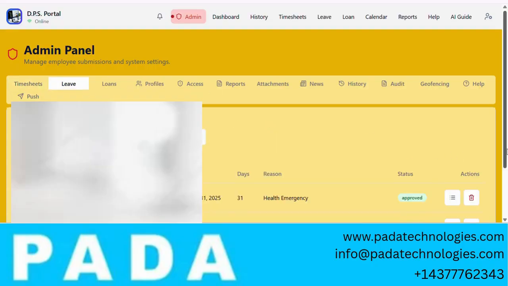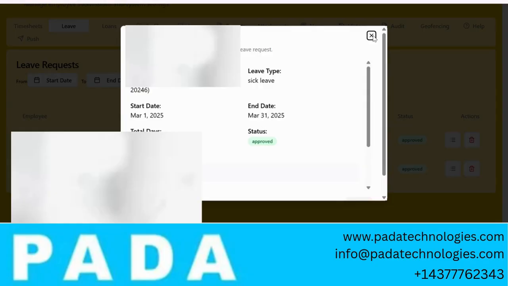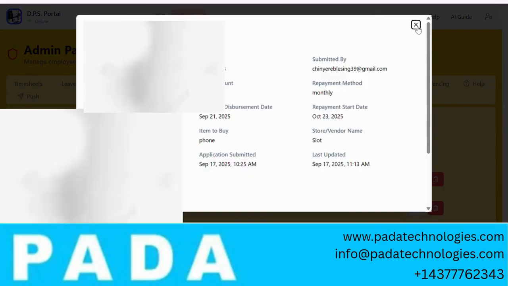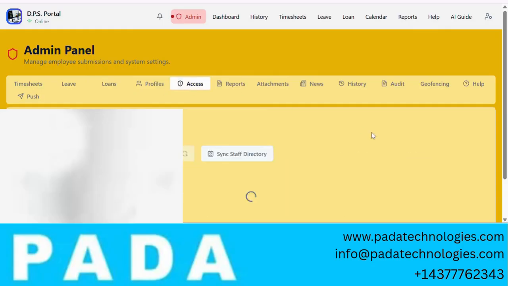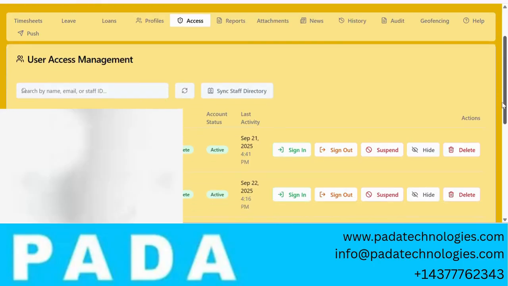Leave is to review leave requests from team members, review the details of the leave. If it's okay, approve them. We also have loan. You review the details of the loan. If everything is okay, you approve it or reject it. And then we have the access tab. This particular tab is for admins to,